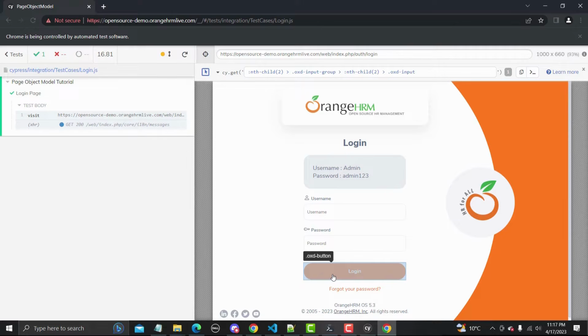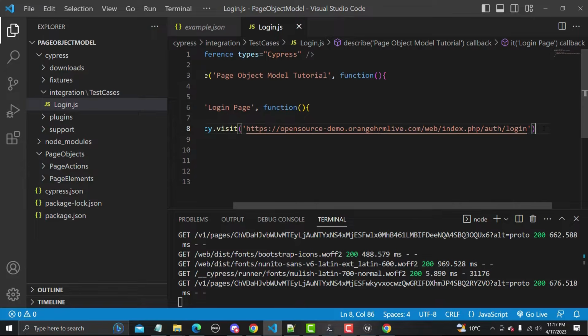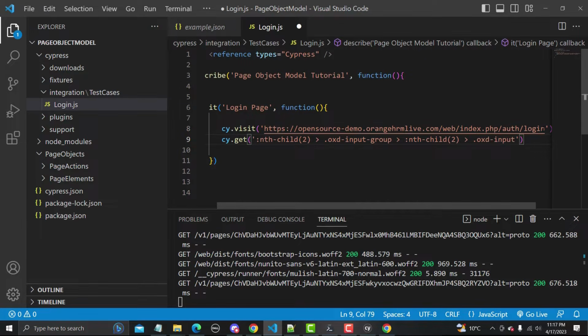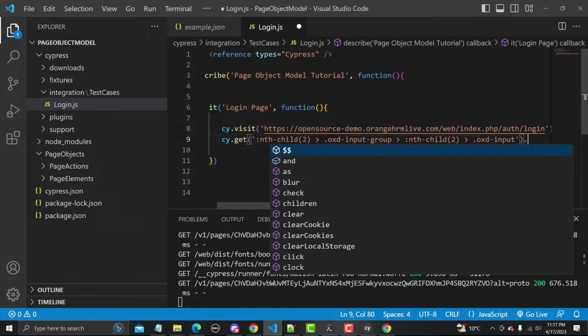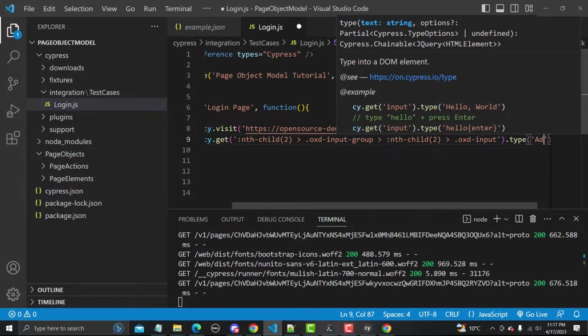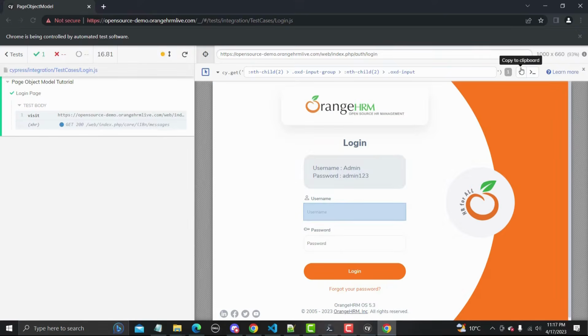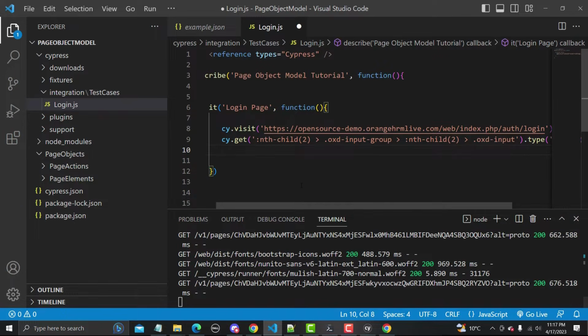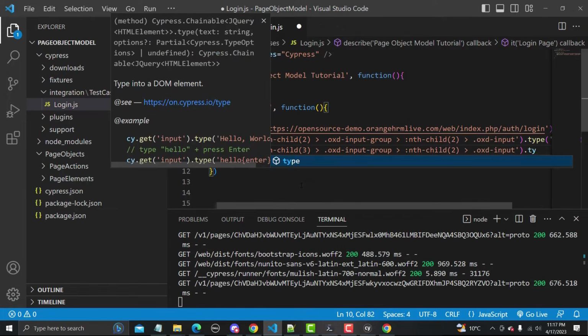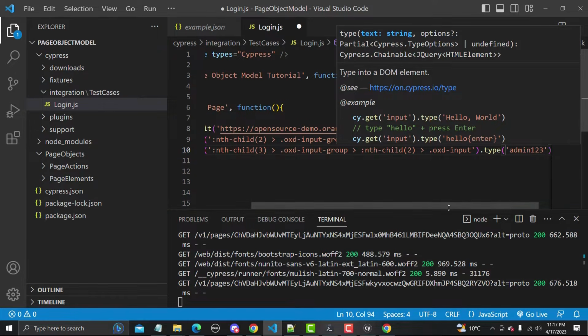Right now we are creating a linear script. We will convert that step by step into our page object model. So this is my username field, and what I need to do is provide the username here using the type method. Similarly, let me go back and find this element locator, copy this locator, paste it here, and again we need to provide a password here, and the password is Edwin123.